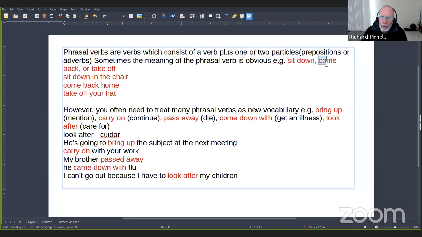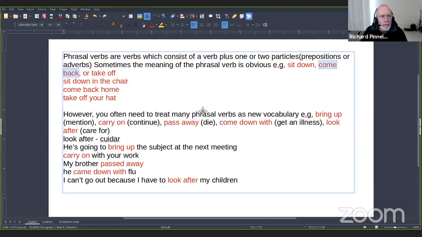Another example of a phrasal verb which has a literal meaning is come back. Come back. It's like return. Another literal meaning of a phrasal verb is take off.